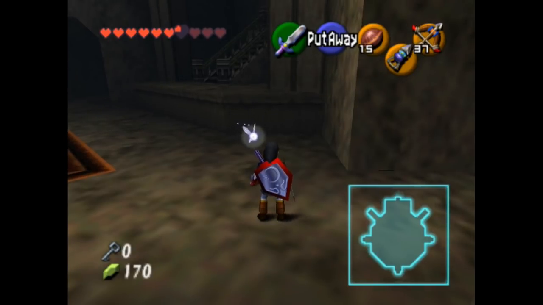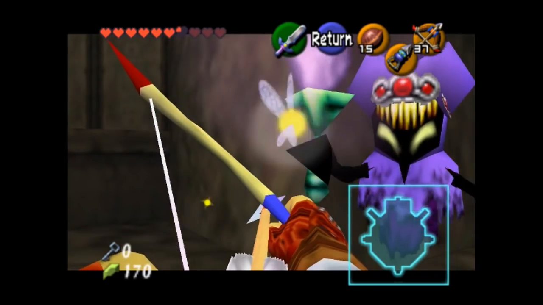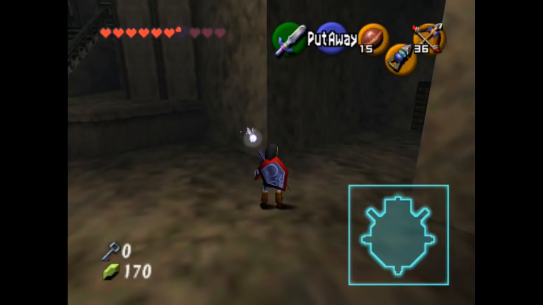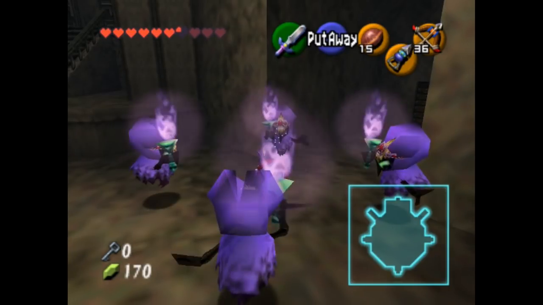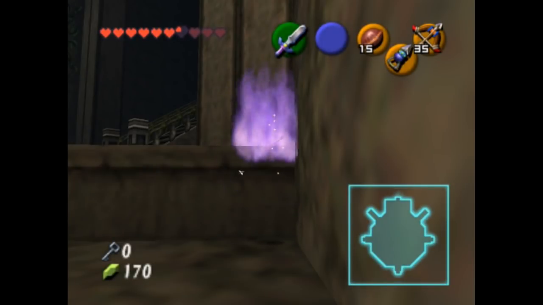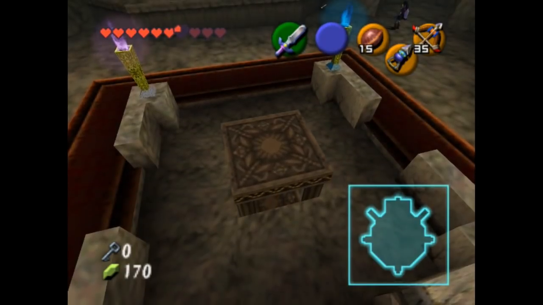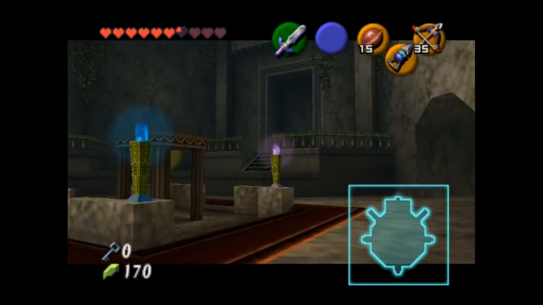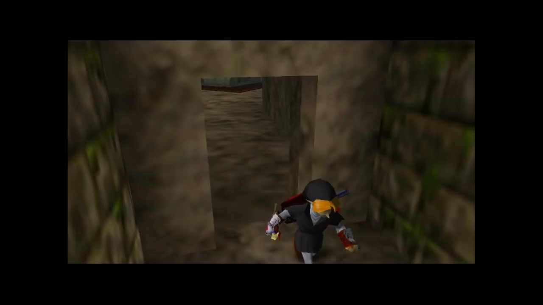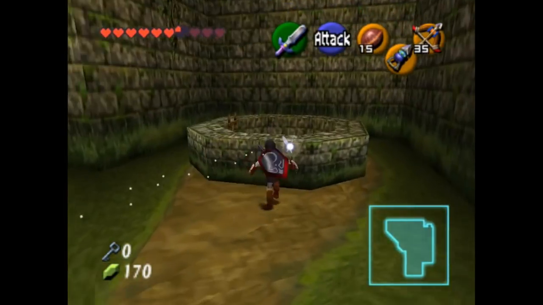Okay, so I need a plan. Still don't have magic, so Shadow Temple's out of the way. Even if I had magic, Shadow Temple's inaccessible because I don't have the Nocturne of Shadow. Water Temple's probably next. Because we've had the Zora Tunic for a while, we've had the Iron Boots for a while. Speaking of Iron Boots...